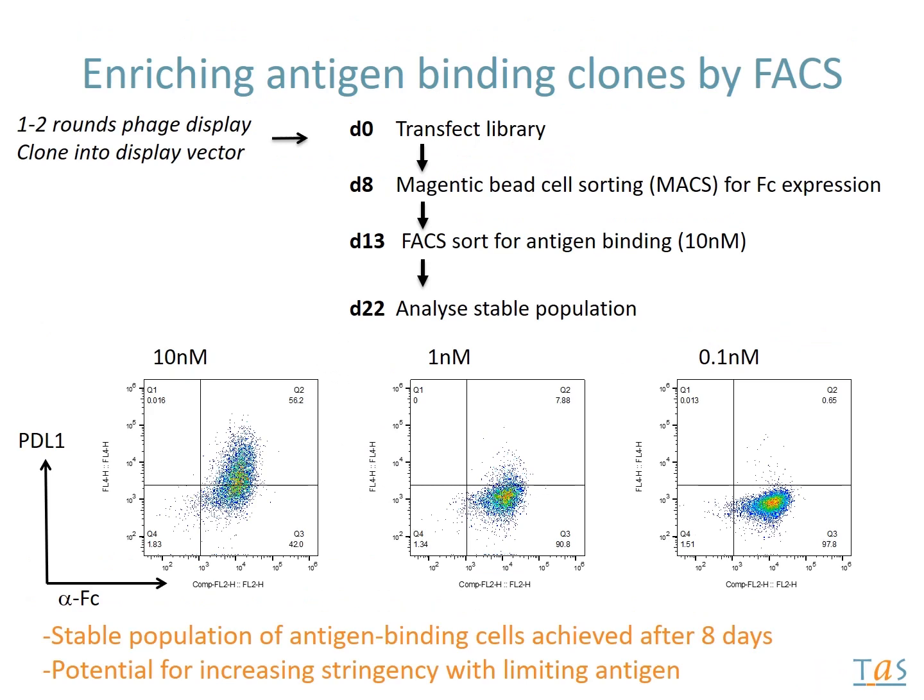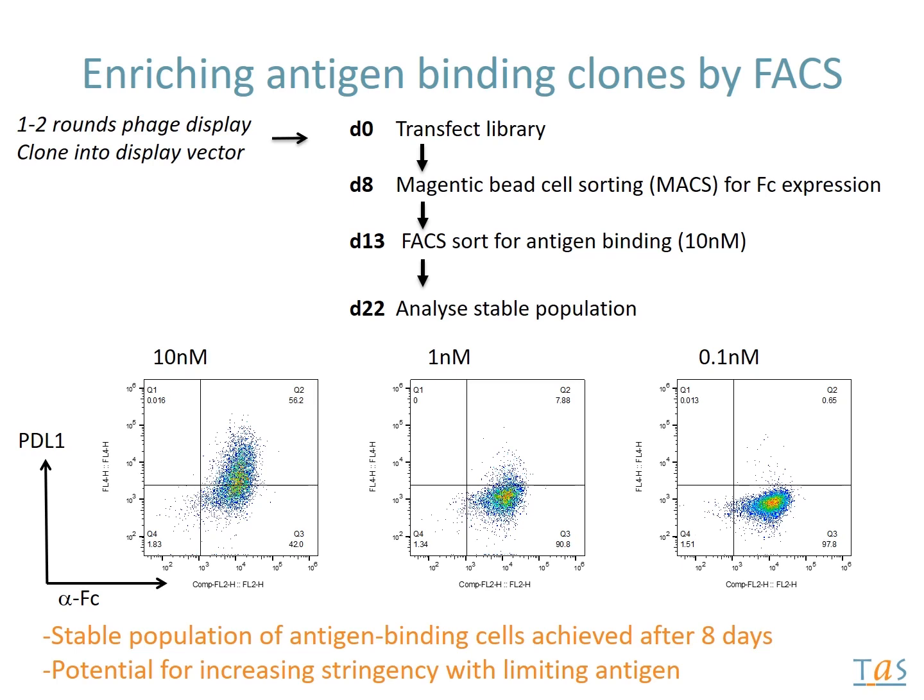So moving on from model experiments as shown in the previous slide, this experiment illustrates the use of the system to screen an actual population. In this case, it's an enriched population from 1 or 2 rounds of phage display. So we transfect the population with the donor plasmid, again go through drug selection introduced after day 2. And here we're showing that after about 8 days since the transfection, we can do MACS sorting and generate an enriched population, and we find that this population is now stable and can be grown continuously and remain